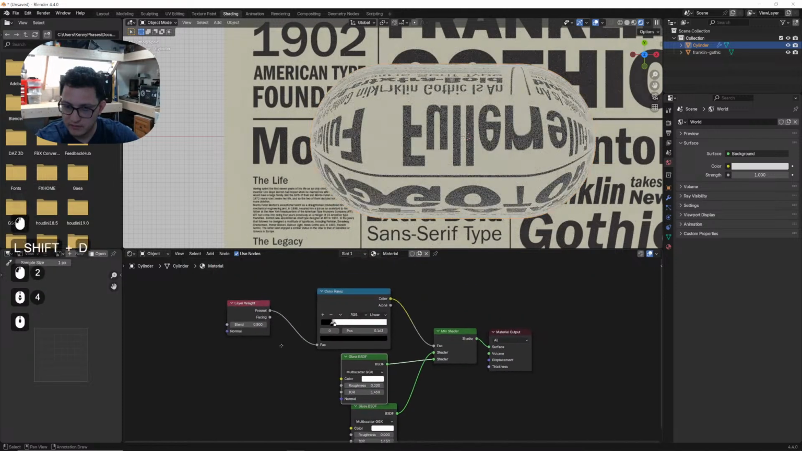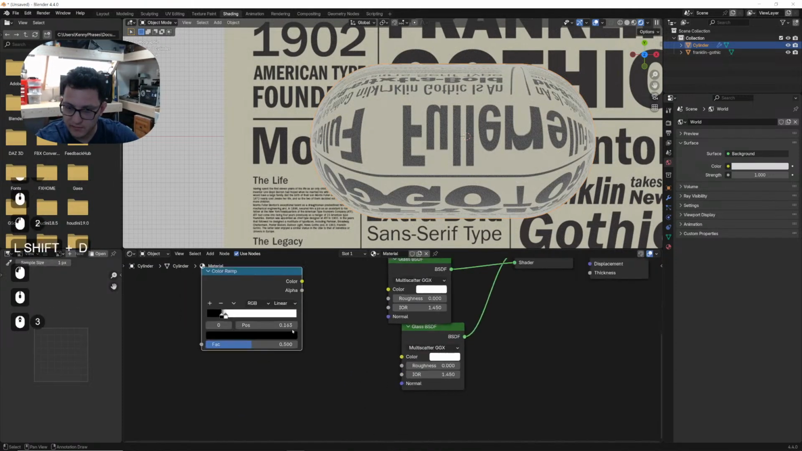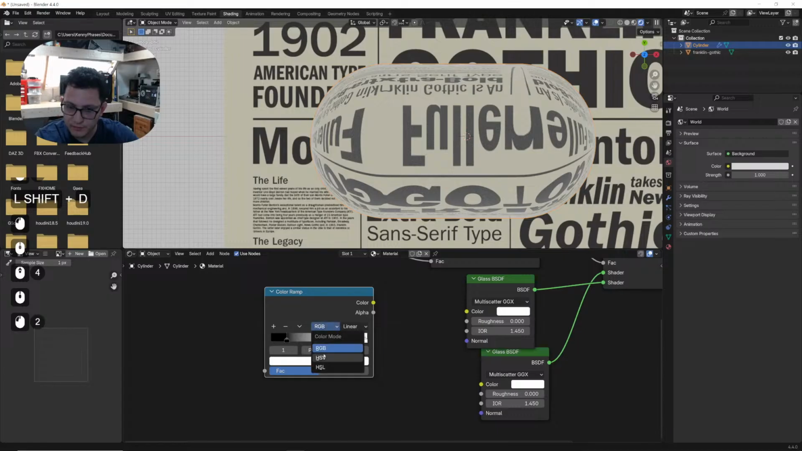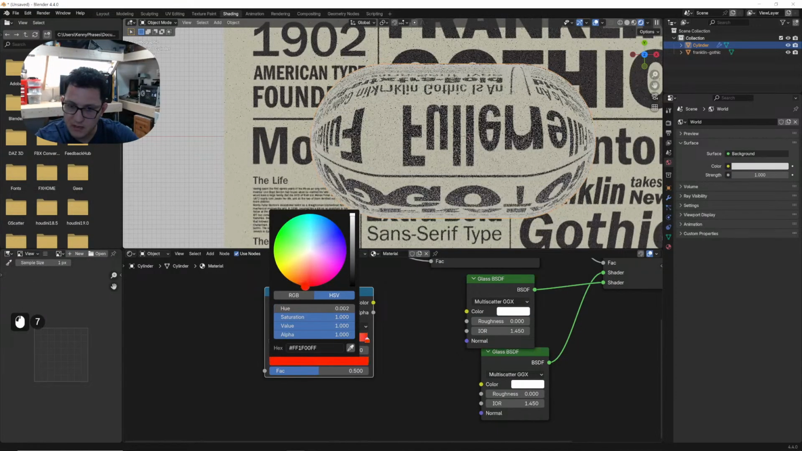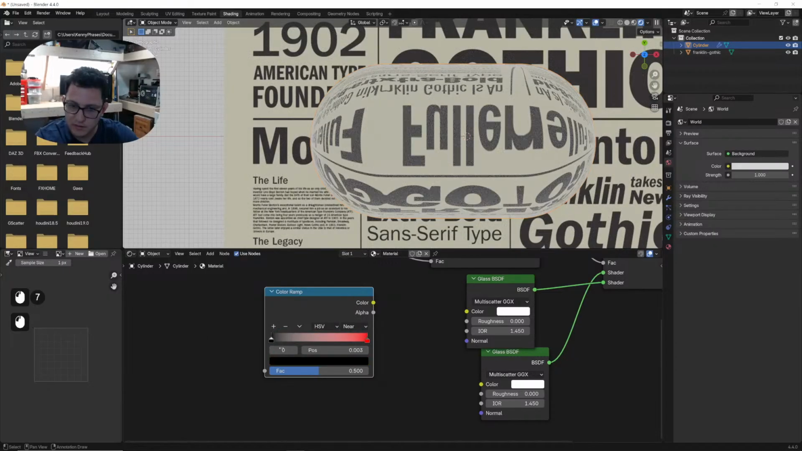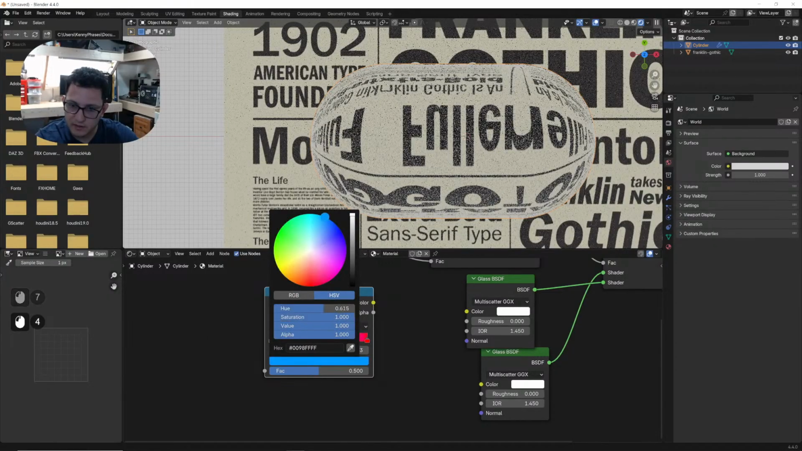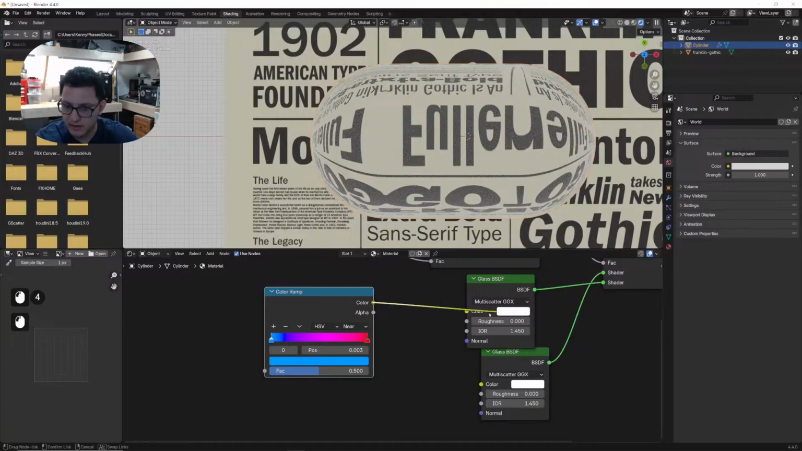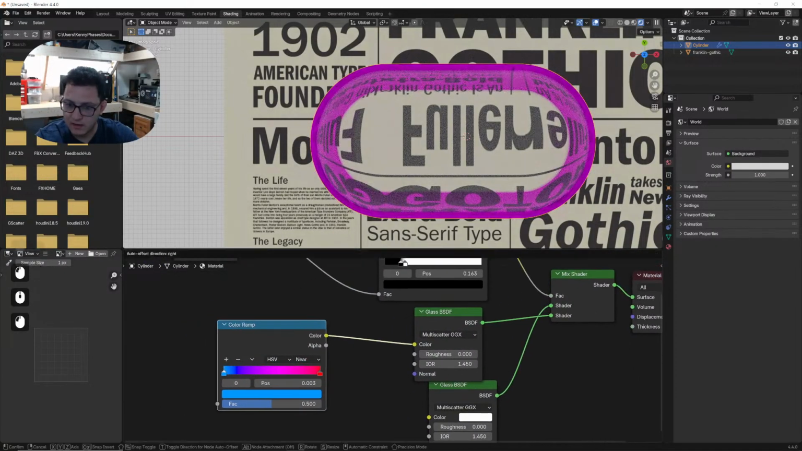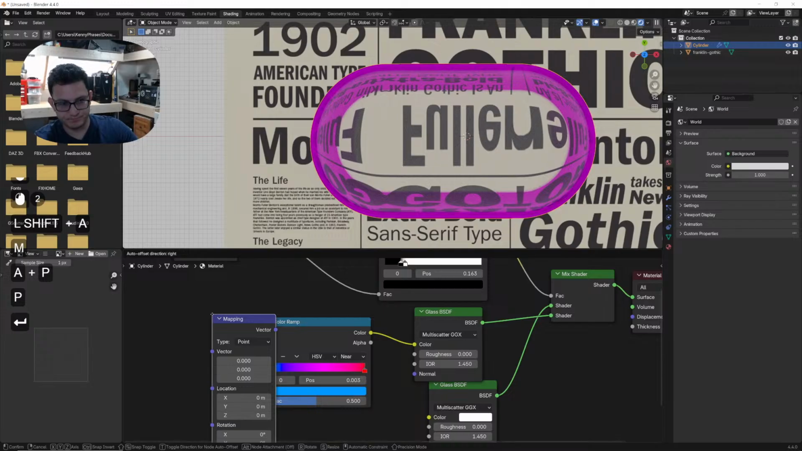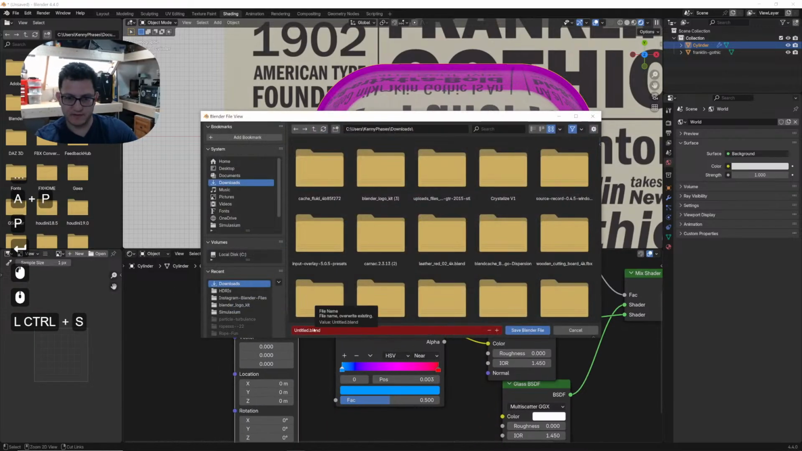Let's do this. Let's do a gradient from red to... We'll do HSV and we'll do a red color, all the way to the other side to this color. I don't know. Something like that. And then we need mapping. Save this as liquid glass real quick because we'll do a few examples